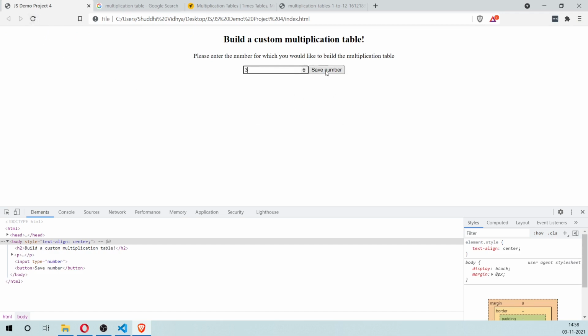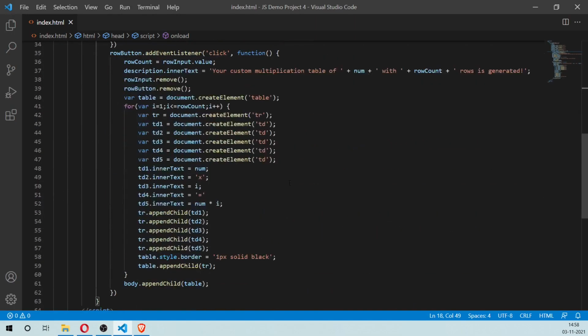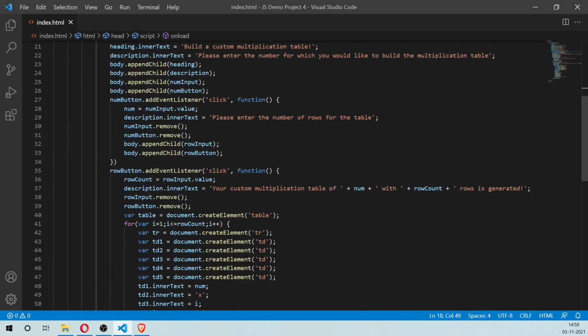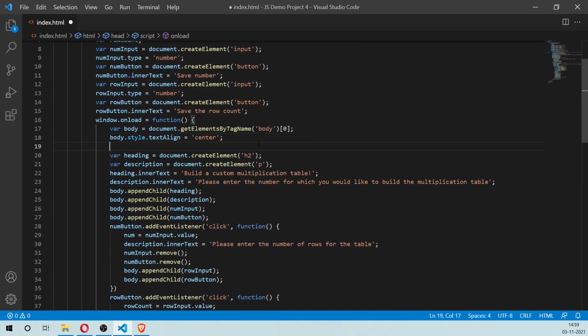Okay, this is much better now. And of course we need to also make the table be in the center, and we can do that by adding all of this inside a div tag and moving it to the center.